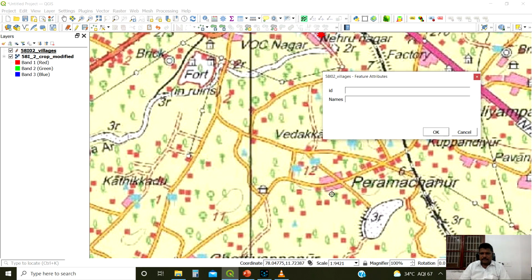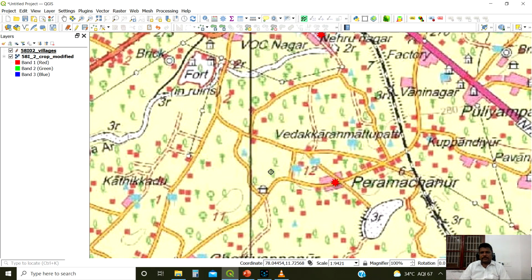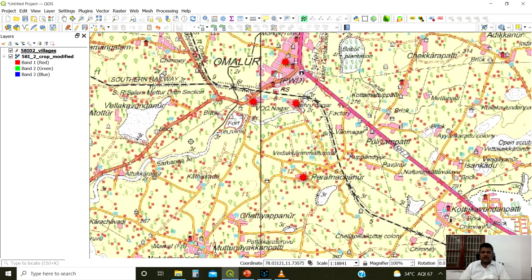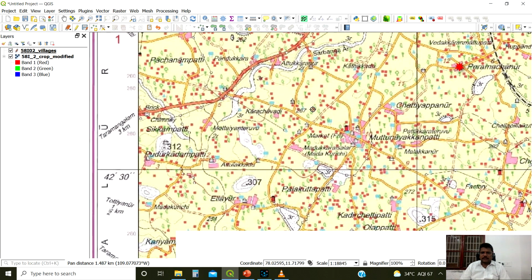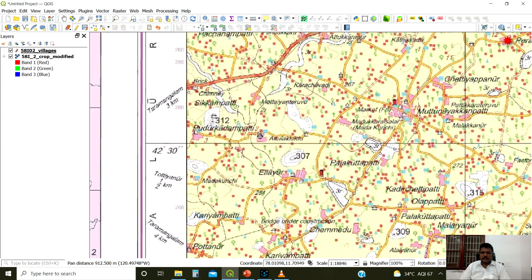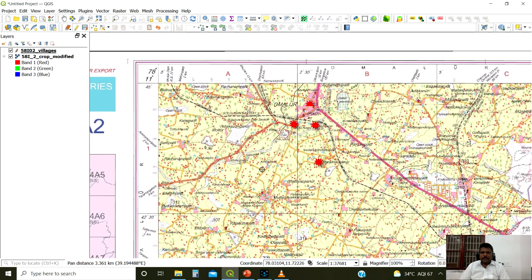So here Paramachanur. Paramachanur. Like that we can type. So once you have typed all the villages one by one like that, it may appear like this, all the villages.